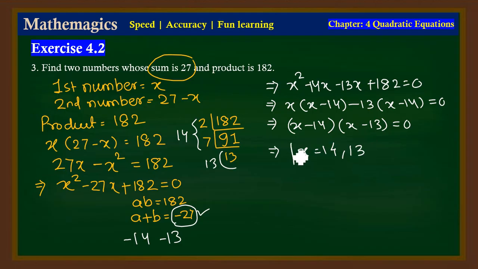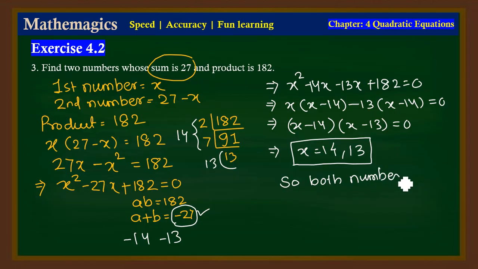So we are obtaining the two different values of x because we know that a quadratic equation has a maximum of two roots. So the question is saying find the two numbers. So both numbers are 14 and 13. Dear friends, I hope you have understood this question and now we are going to solve the